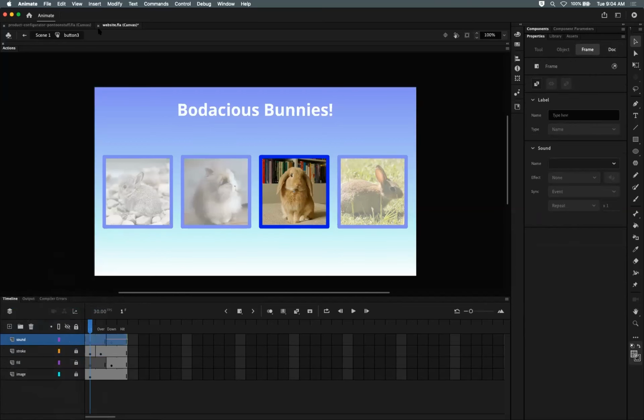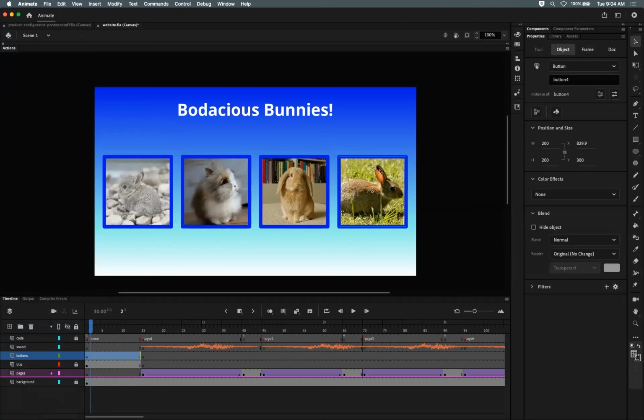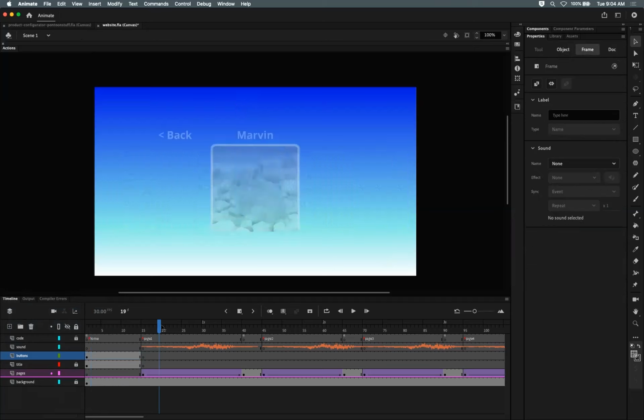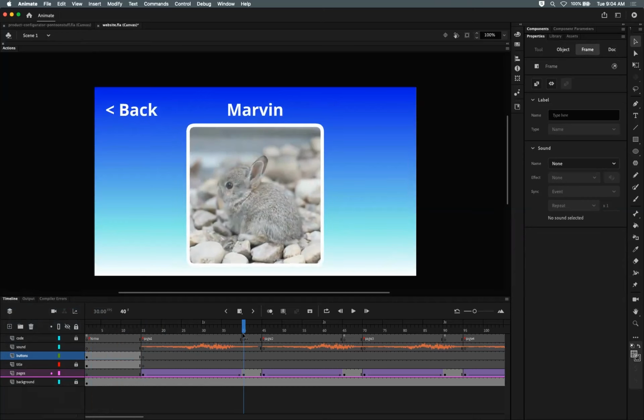Paste layers. All right, just like that. Now I have a sound in every single one of my buttons. But before I test it, there's one more button that I want to add the sound to, and that's our back button. So once you've pasted that layer into each of these button symbols, now go to the end of